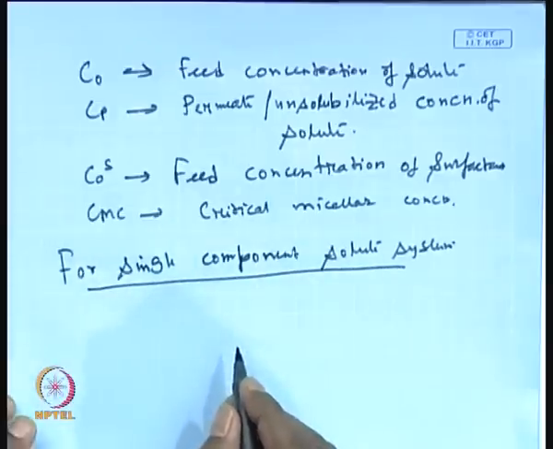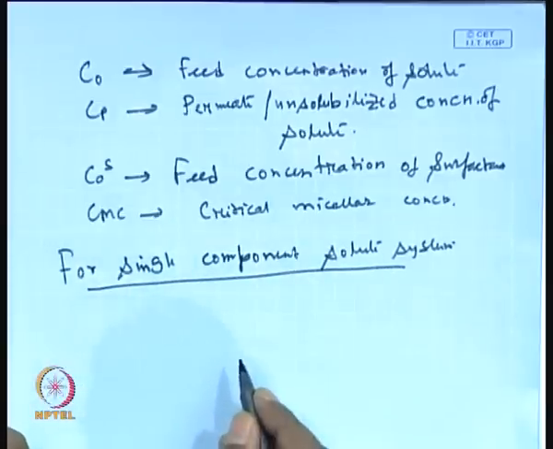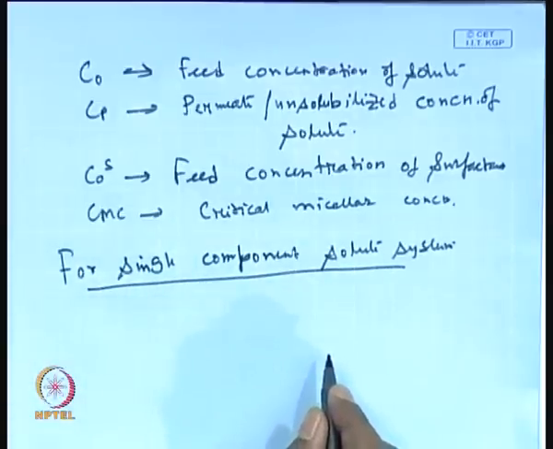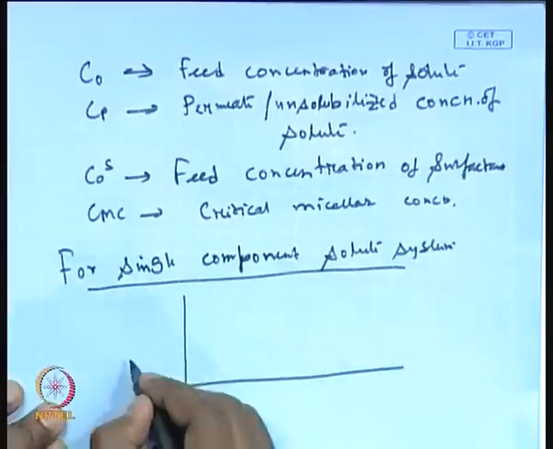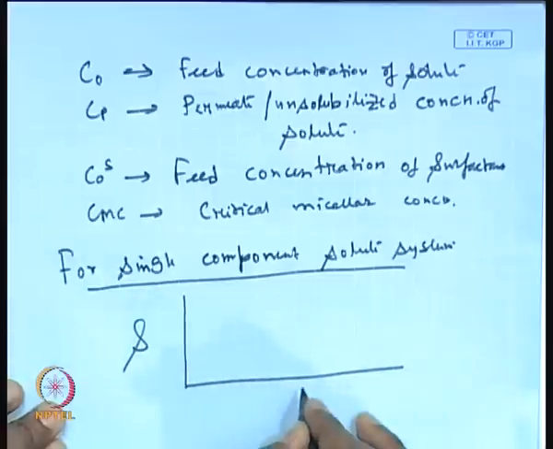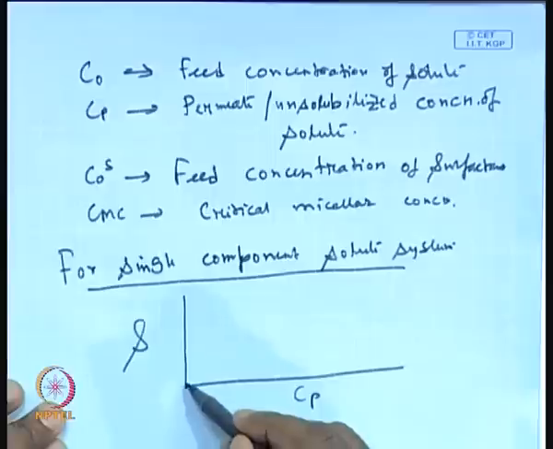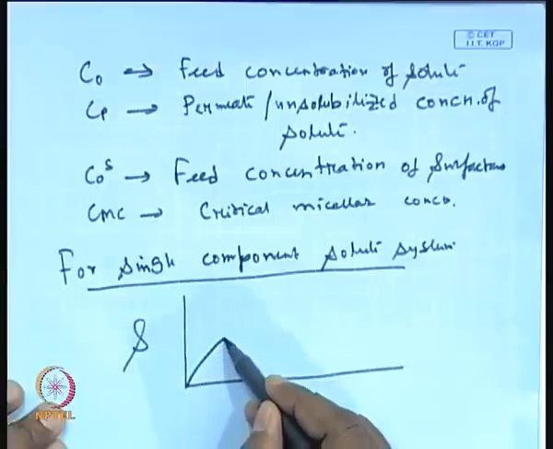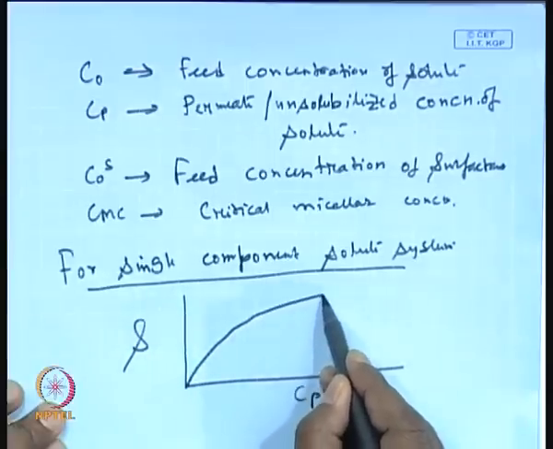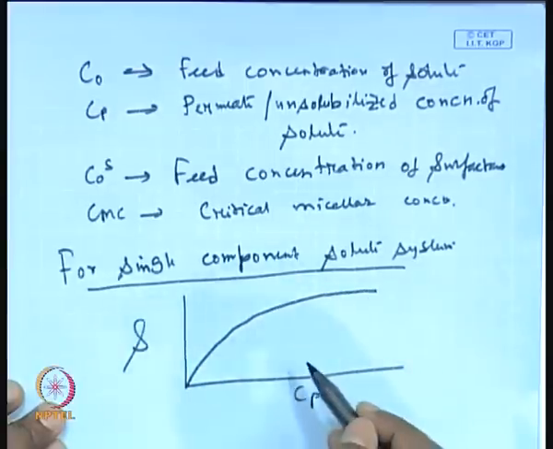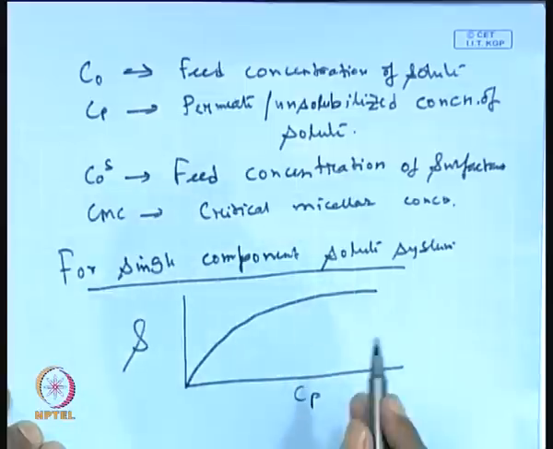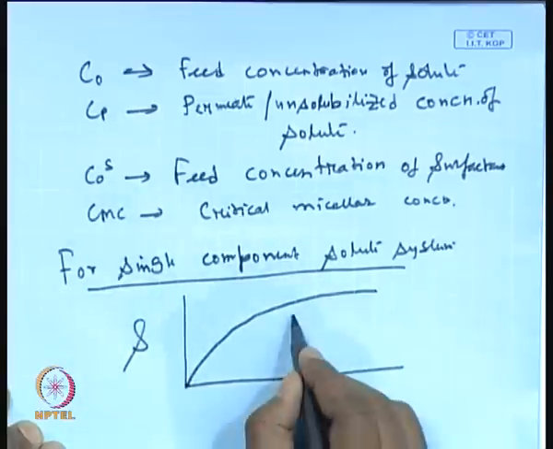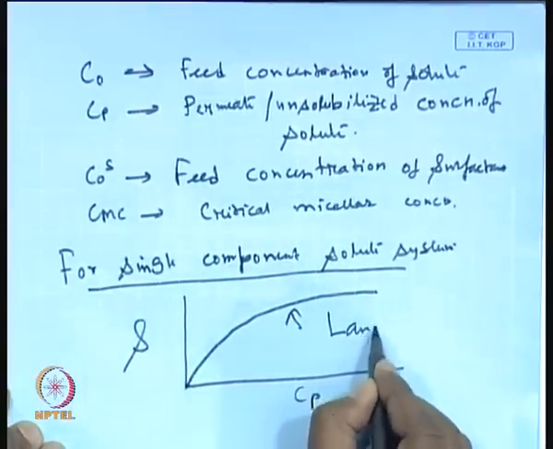that means, if you use different concentrations of the surfactant and the solute, and if you measure the permeate concentration, that means you can evaluate the value of the solubilization coefficient as a function of Cp. This gives a Langmuir isotherm type of curve, and that will be independent of concentration, but it will depend on the temperature. Okay. So, anyway, it will be a Langmuir type of equation,